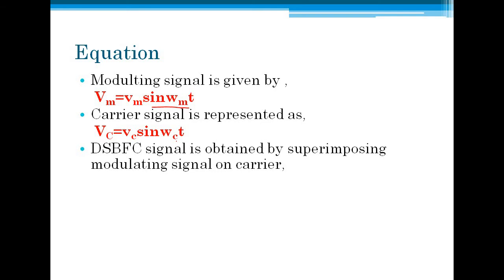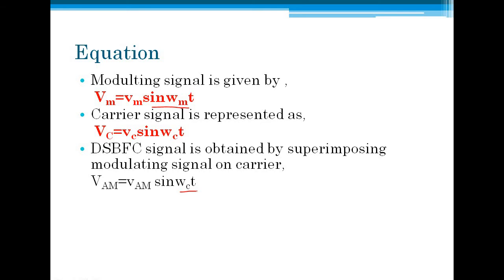Now, in case of DSB-FC, how are we obtaining the DSB-FC? As per the definition of DSB-FC, it is obtained by superimposing the modulating signal on a carrier. So, if you recall the basic diagram of modulating signal of AM, the carrier amplitude is changed in accordance with the amplitude of a modulating signal. So for getting that, this is a representation of the modulated signal: vAM equals VAM sine omega ct. Now why have I given sine omega ct here?